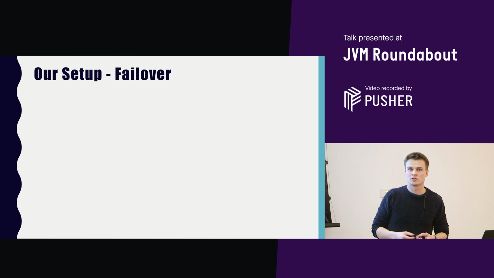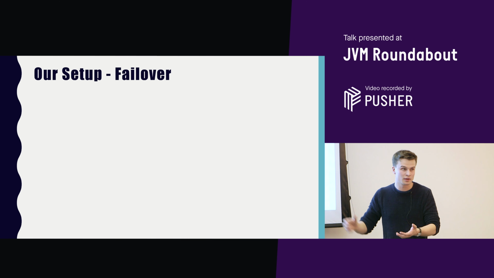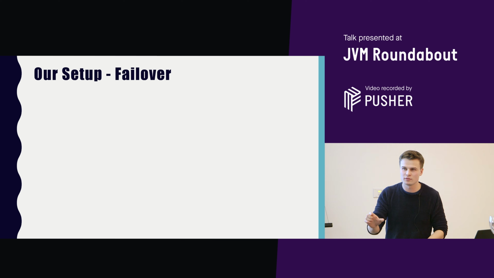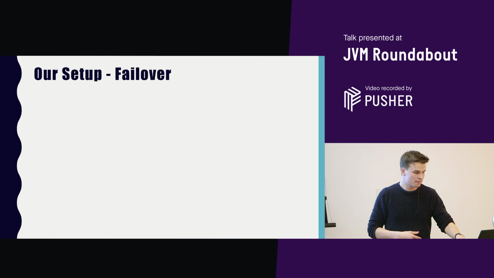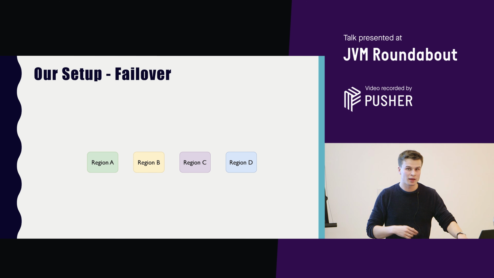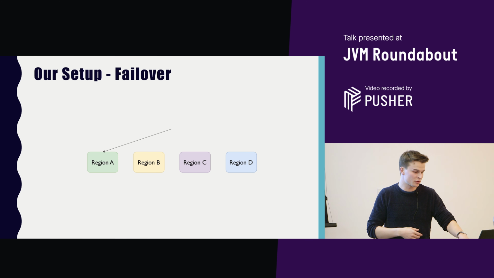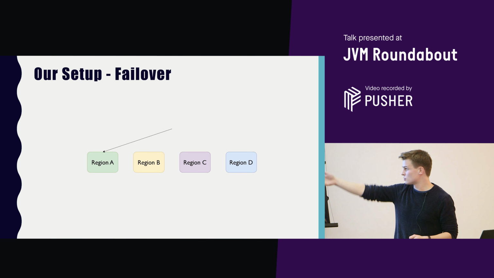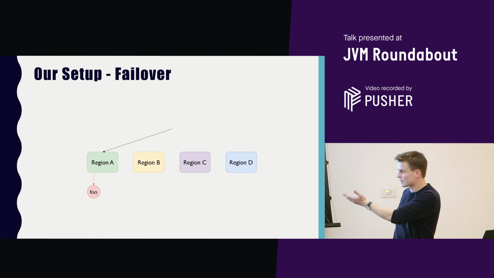Now that allows us to handle, say, a whole region having a problem, or maybe even a whole hemisphere. But what happens if just an individual service is having a problem? We might not want to completely take that region out of the picture. So I mentioned before we have Kong, and it's essentially Nginx, a reverse proxy. A request comes in to region A, and it wants to access some service foo, so we send that to foo.